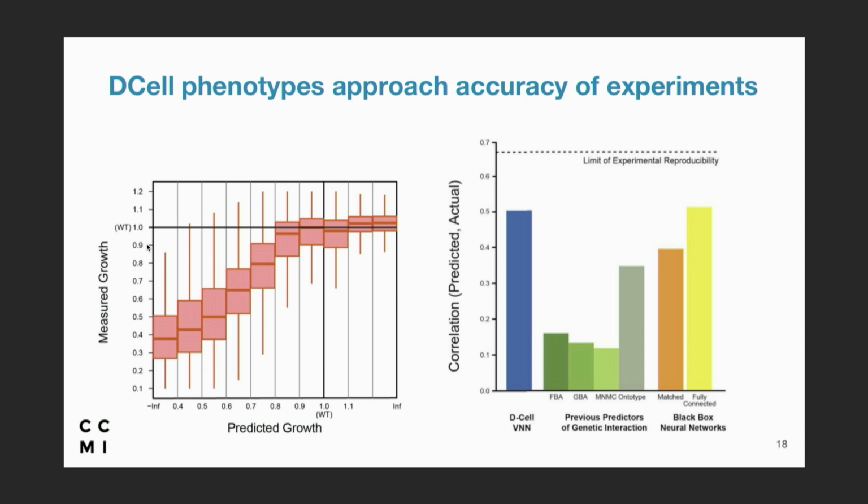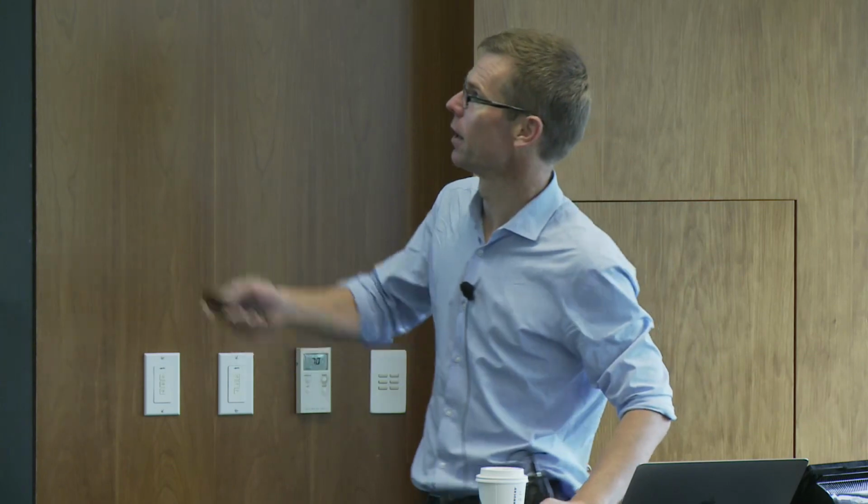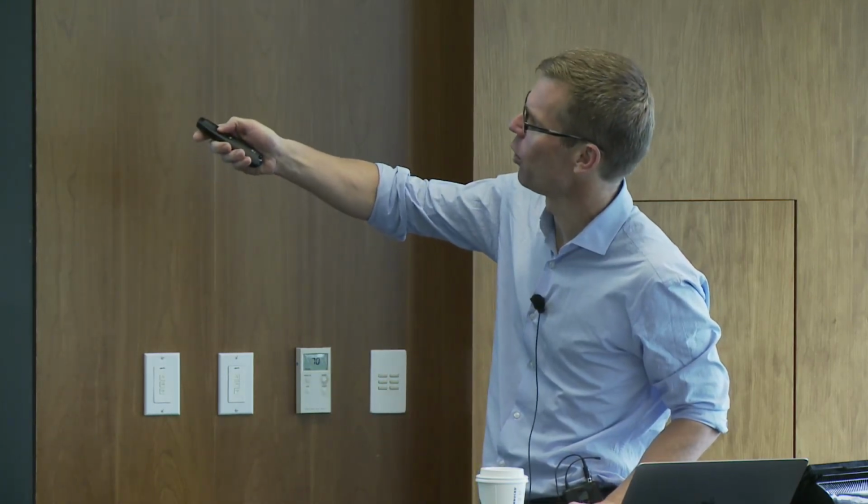But the thing we realized is that if one goes into one's own lab, and we have a yeast wet lab, and tries to reproduce even a moderate number of these single, double, triple gene deletion growth experiments, your ability to recapture the original Costanzo publication is about 0.68. So it's possible a model could eventually exceed the accuracy of experiments. It's not impossible, but probably too high of a bar for the beginning stages here. So we think the upper bound of how well you could hope to do is around 0.65, 0.68. Nonetheless, that's the gap that we think one could try to cover.